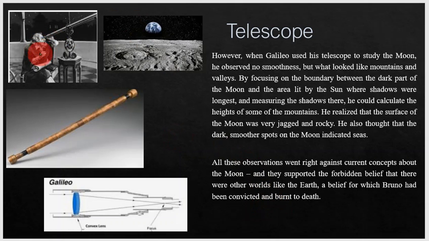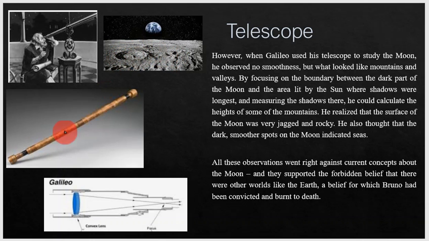So this is Galileo here, and you can see a portrait of him looking at the heavenly bodies or the moon, practicing astronomy at the time. This here is an image taken of the moon, and we can see now, with modern technology, that the moon in some ways has similar features to the Earth in that it's jagged, it has mountains, it has craters, it's by no way smooth and perfect.